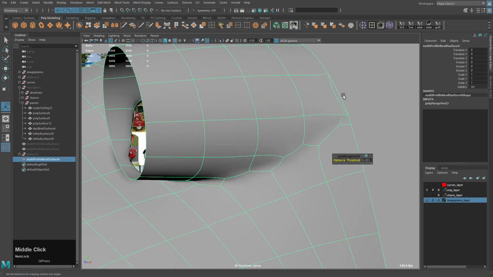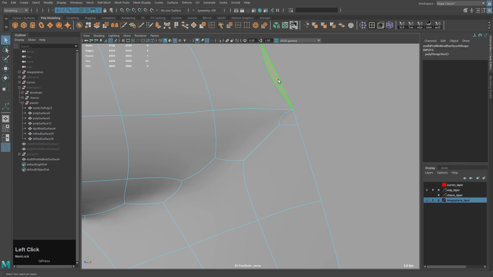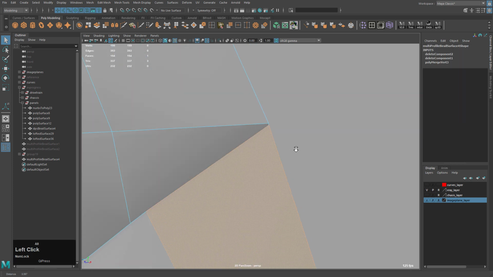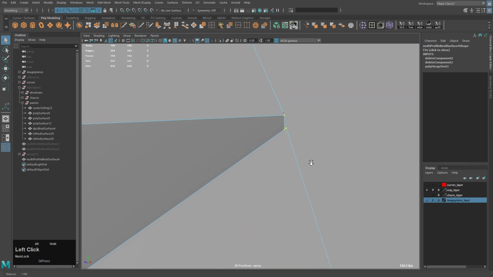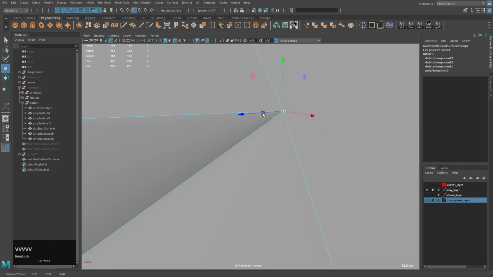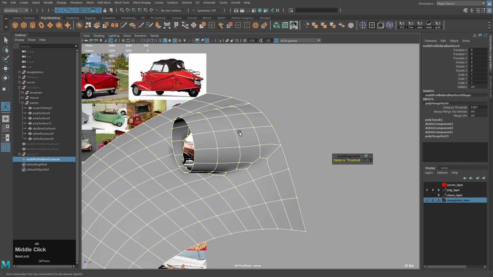Now, I press 3 to preview what's going on here. One thing I see is that there's this extra face here. I'm going to delete it, and delete that one. When you press 3, it's much easier to see what's going on. If I zoom in real close, I can delete that and then select these vertices here, turn keep spacing off, hold V, snap them there, and click merge again. Now you can see it's nice and clean.